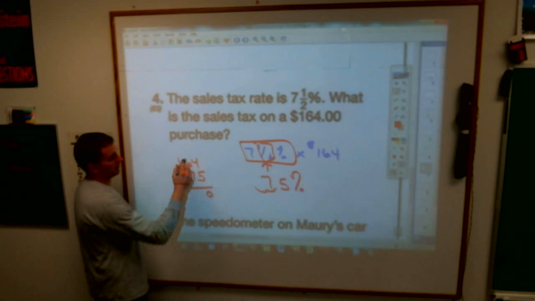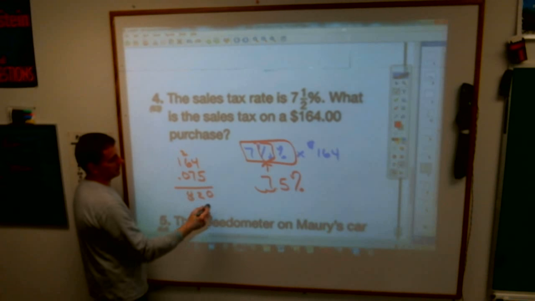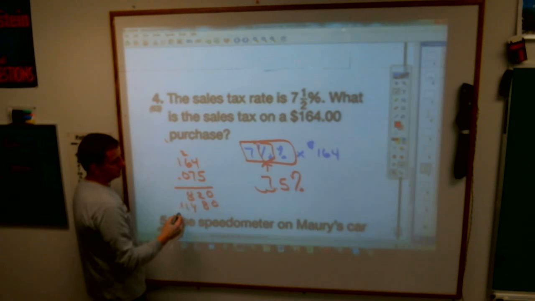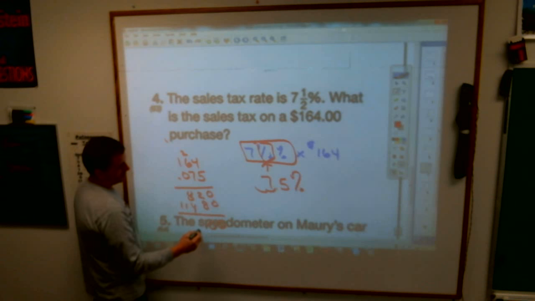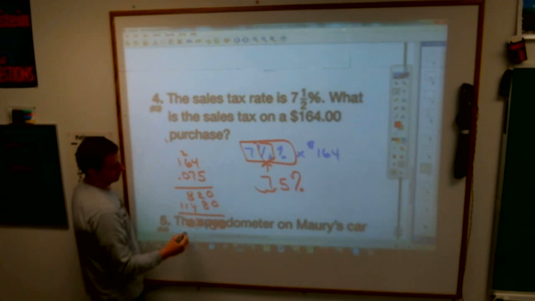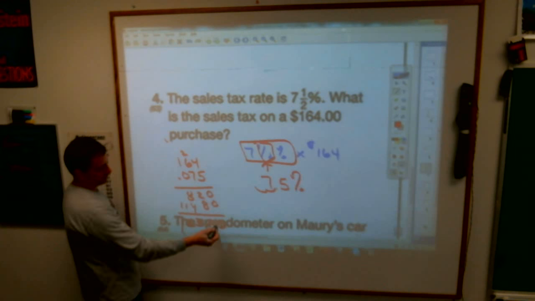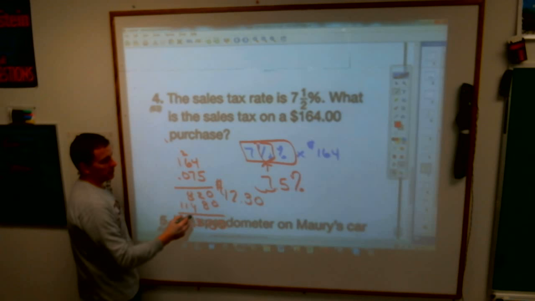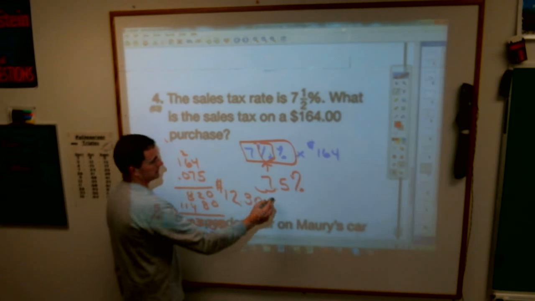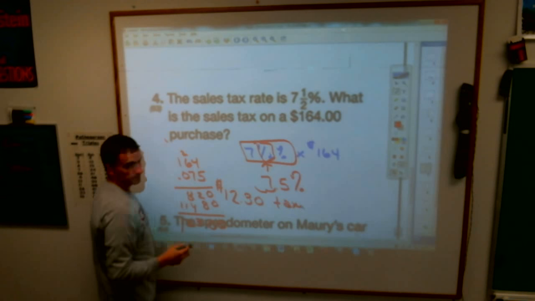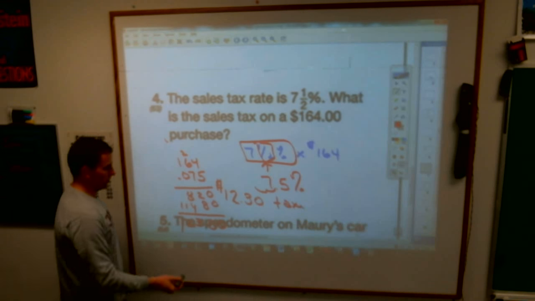5 times 4 is 20. Carry the 2, 32, 3, 8, 0, 28. Carry the 2, 42, 44, 4, 7, 11, 0, 0, 3, 2, 1, blast off. 3 decimal places, 1, 2, 3. Is that between $7 and $14? I believe it is. There's $12.30 in tax. Hopefully that's right. With that being said,